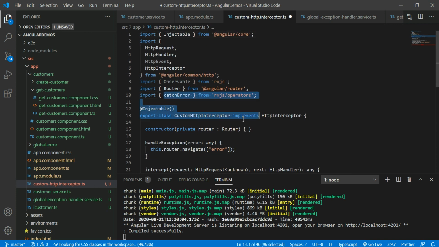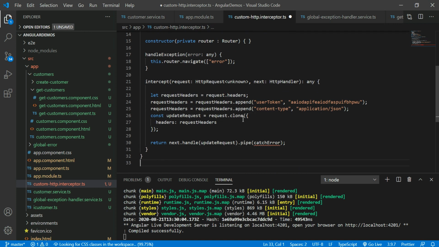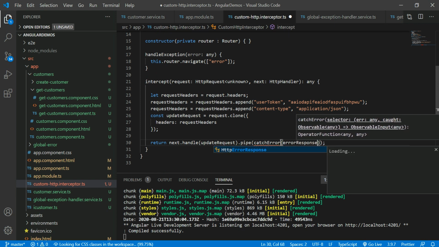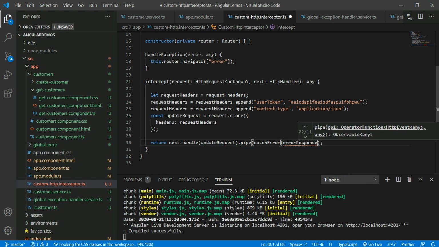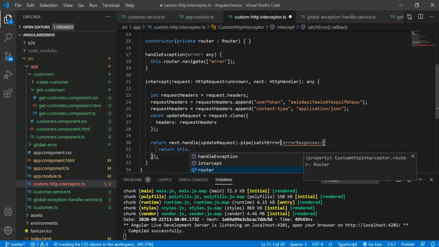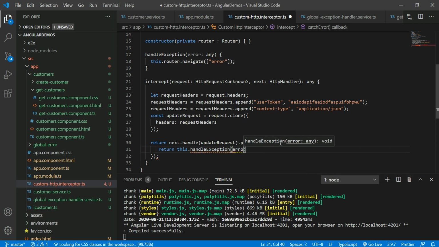Okay, catchError, and we know that it is an error response. Here I should return this.handleException. This handleException should take this error response.